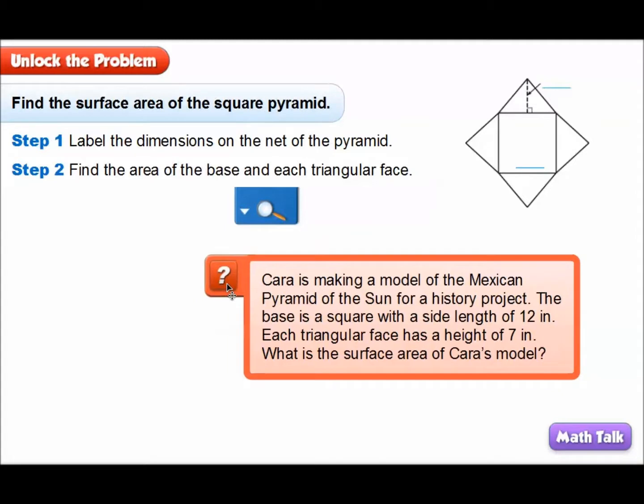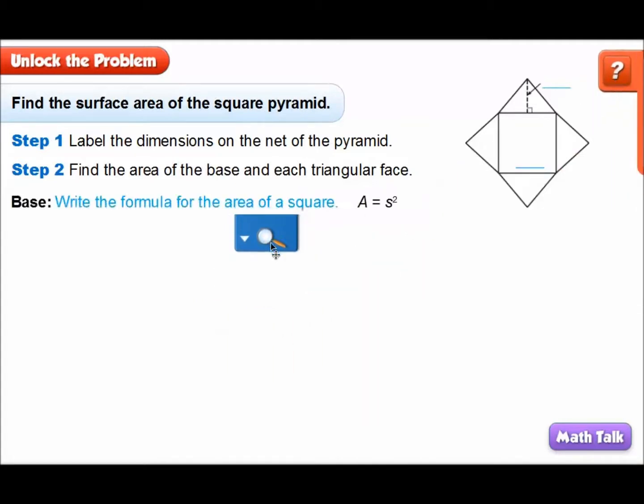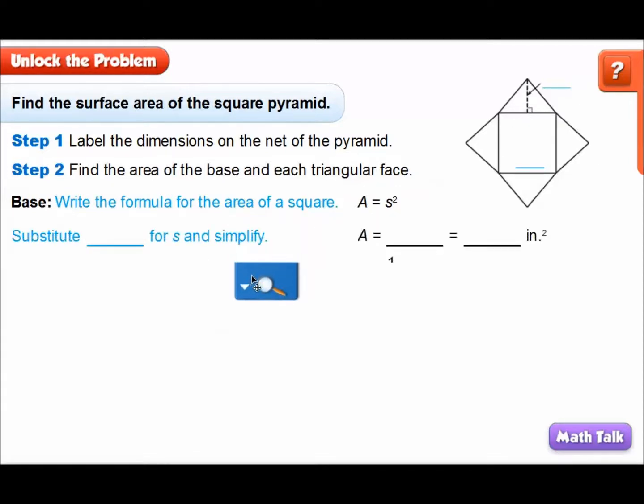Well, to do this, we first have to come up with the formulas we need. We need a square, which is A equals s squared. So for this problem, we're going to use the side, which was 12. Remember, it said in the problem that it was 12. If we put 12 in, 12 squared is going to be 144. So the area for this is 144. Remember, this side was 12, the side from here to here. Then